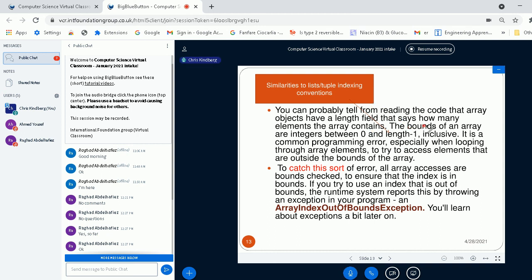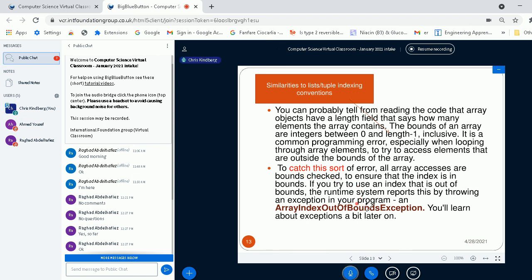A little note on all that: if you try to print out, say, the value of cards 56, that'll throw or generate an error, which you can catch or deal with, because there is an inbuilt bounds checker.